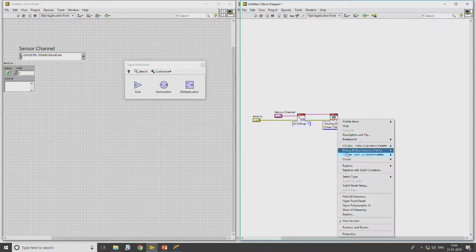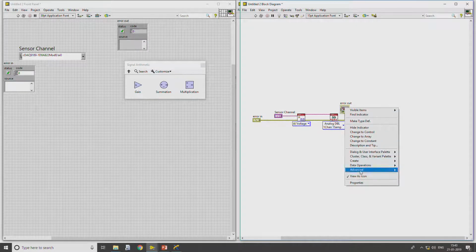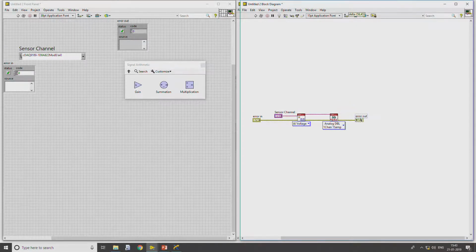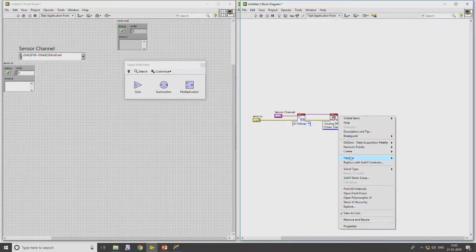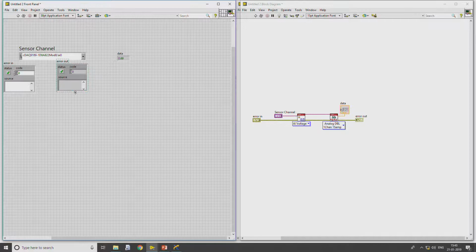Error out I require changed to an indicator, replacing it with this one, and this particular block is my data. So, create indicator. I will be creating a pinout for this. So, this is sensor channel in, this is error in, whereas this one is error out, and this particular pinout will be connected to the data.